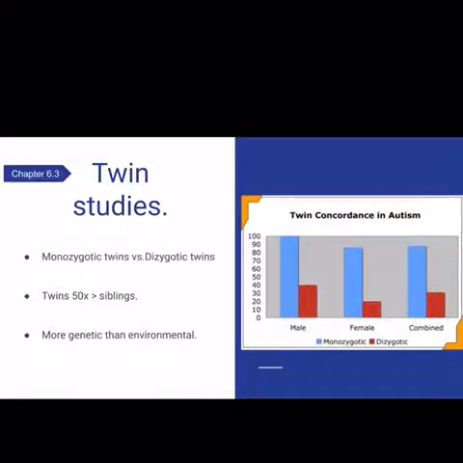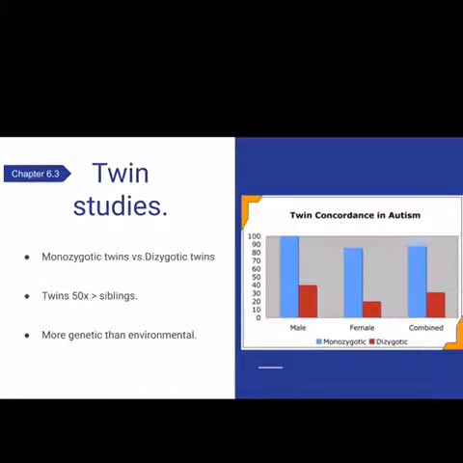Like many other studies, researchers looked at twins. In an article I found, researchers looked at both monozygotic twins and dizygotic twins with autism spectrum disorder. These researchers found that in monozygotic twins, if one had ASD, the other did as well. Whereas in dizygotic twins, if one had ASD, the other could have it, but there's also a chance that he or she doesn't, compared to if they were monozygotic.